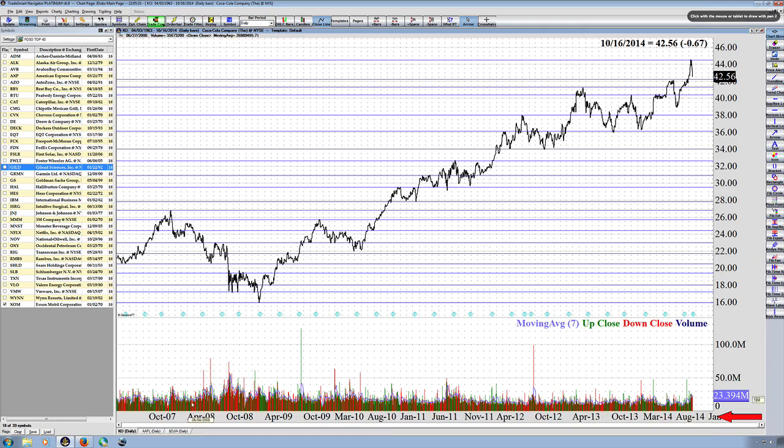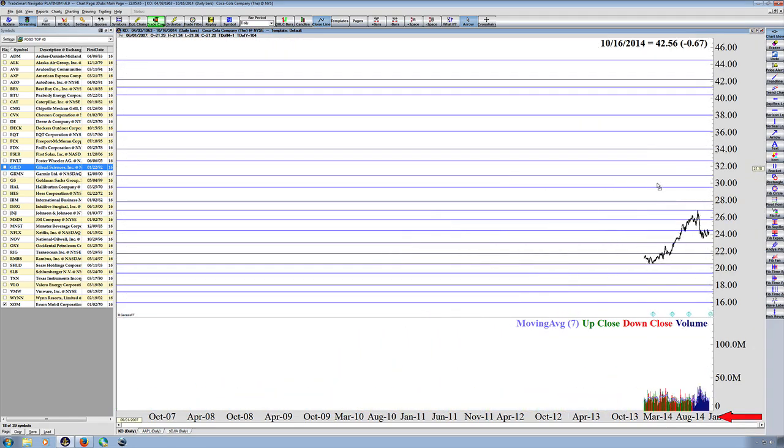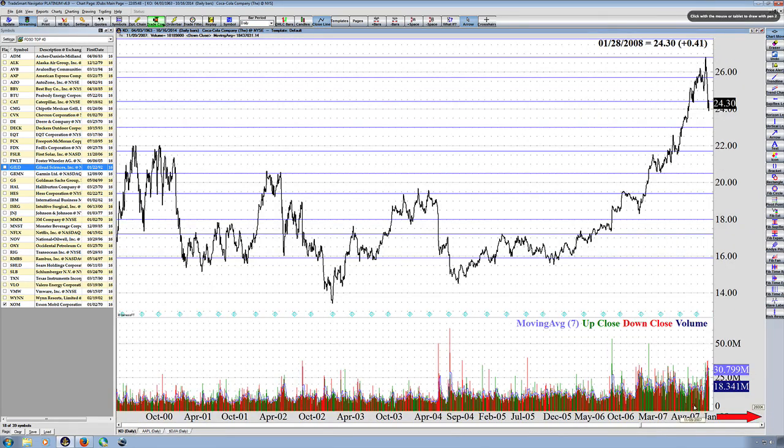And you can look at this and you can see, okay, on the left side of my chart, I've got about 2007 data. On the right side, I've got 2014. So I'm just going to scoot this over, and we're going to go look at data that we haven't seen before. So we're going to scoot the chart over. And now on the right side, you see 2007. And now we're all the way back here to 2000. Look at that. So we can come all the way back here to the year 2000.